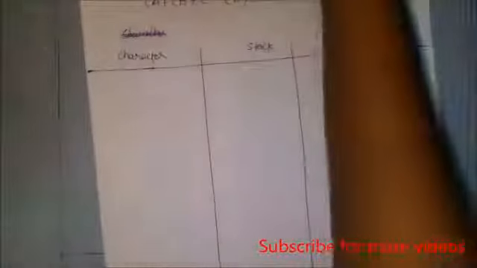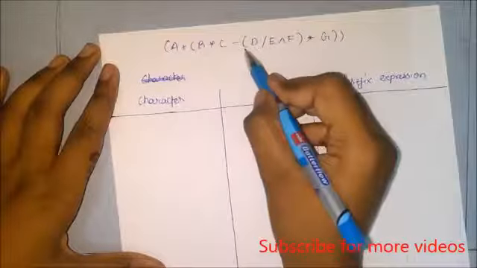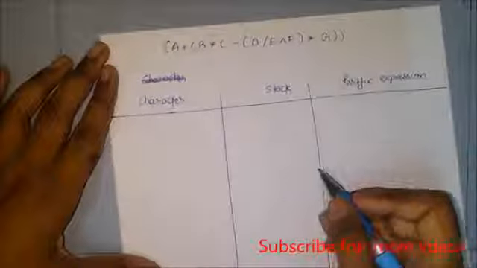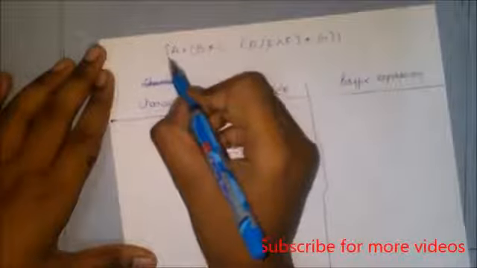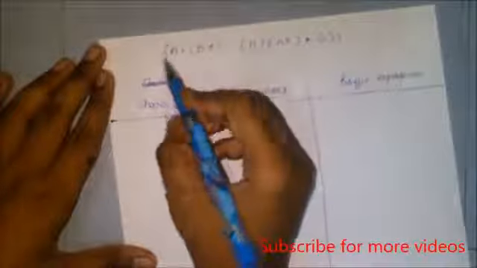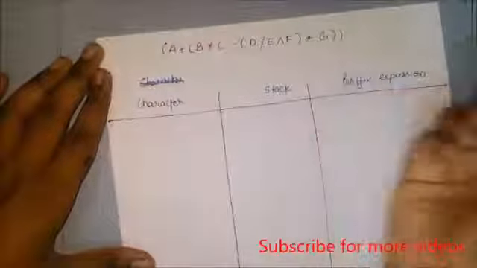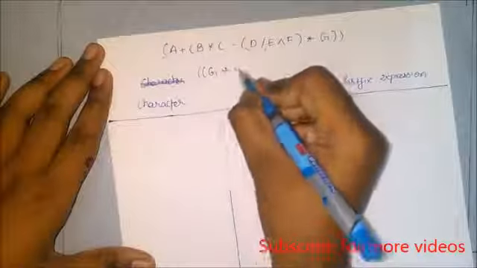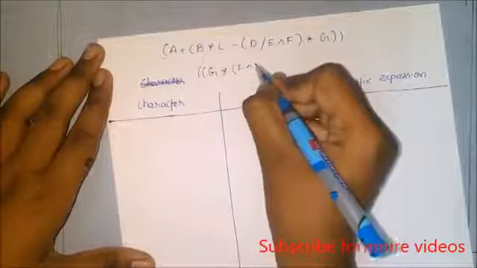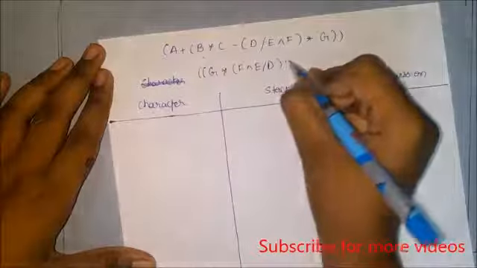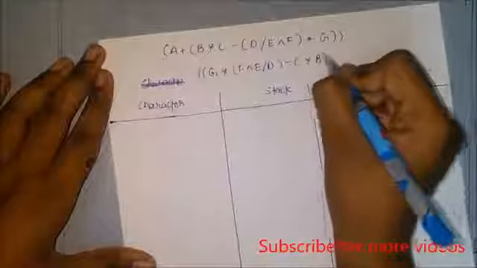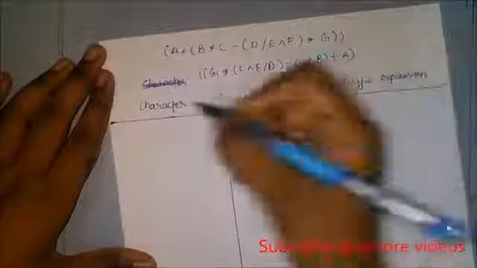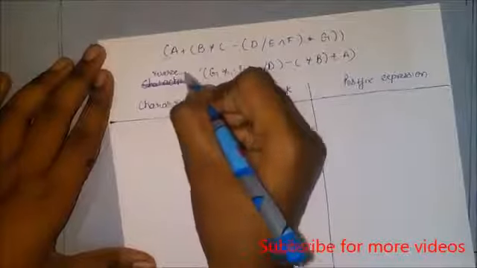So now let's discuss it with an example. Here's the example: a plus b into c minus d divided by e exponent f into g. We will start scanning it from left to right. Firstly, we will convert it into reverse order. So first we convert it into reverse order: g, then f exponent e divided by d, then minus c into b plus a. This is the reverse order of this infix expression.